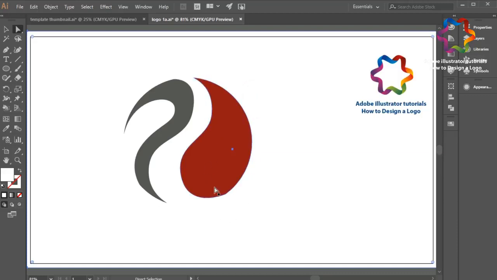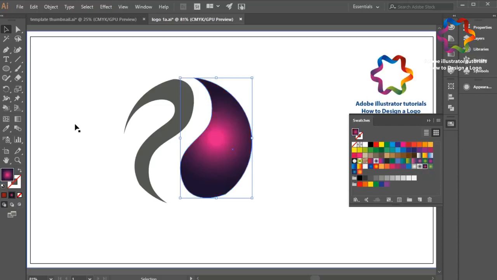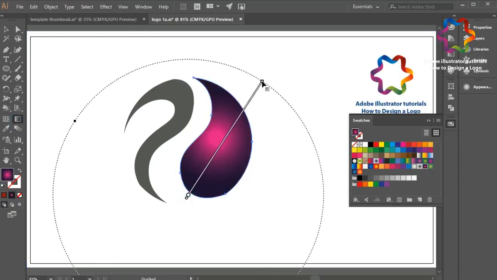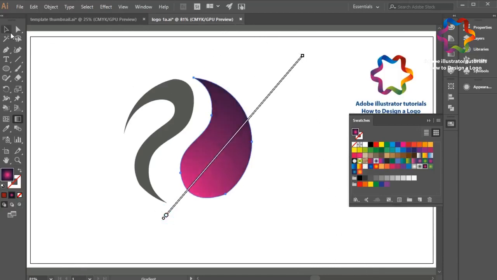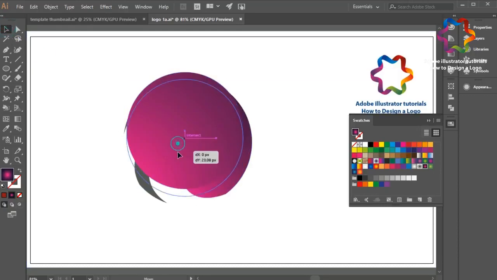Maybe I need to make some effect like glossy, or I add a glossy effect to this graphic to make it look interesting. First, I will change this color using a gradient color, maybe purple gradient. Select the gradient tool over here and click here and scroll like this, maybe here. Okay, and select the circle object, I mean the ellipse tool, and create a circle object. Okay, like that. Put this over here